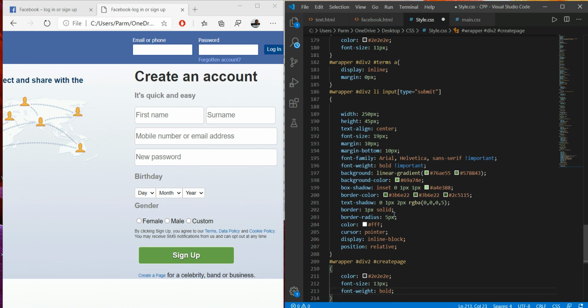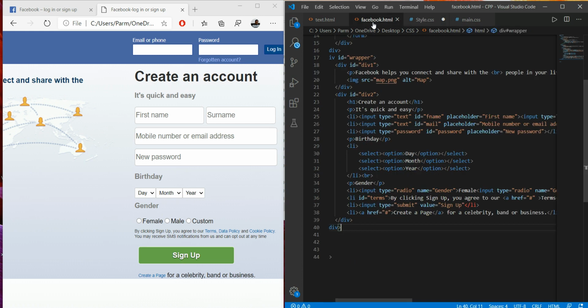Now we have to apply this ID, so this ID has to be applied in the HTML file, and here we have to write this ID, create page. Just save this. Here we go.